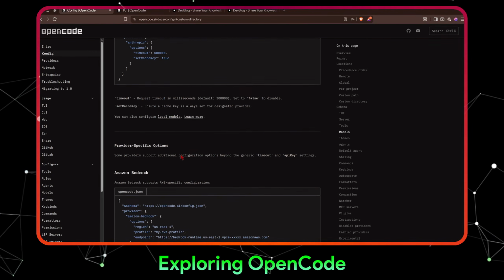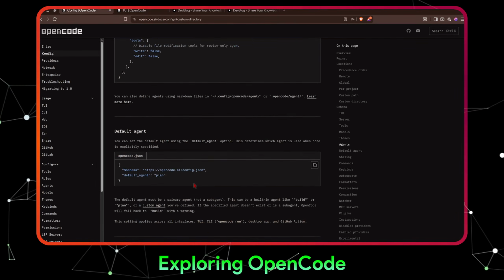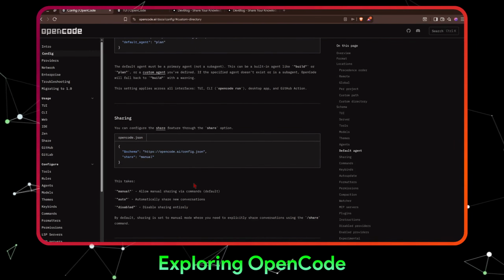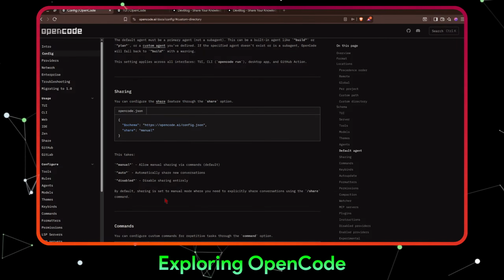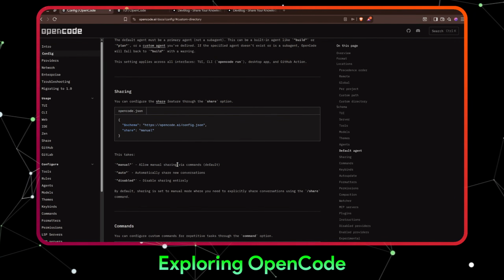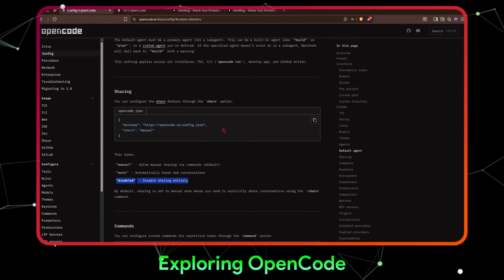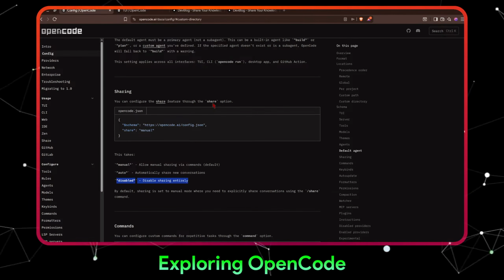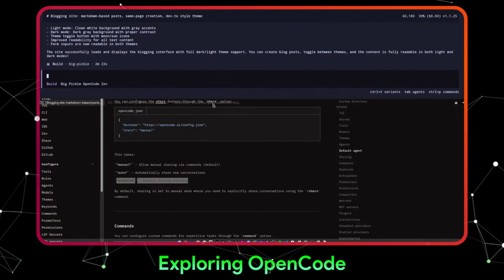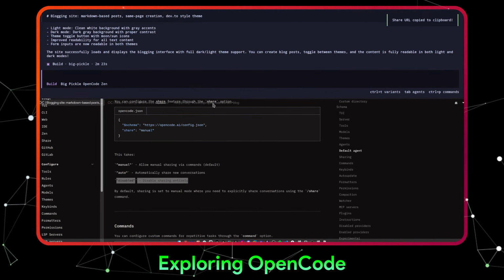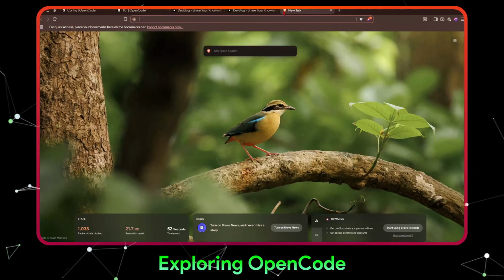Okay, then we can select the models. Amazon Bedrock. Okay, these are the agents. Okay, now you can even share this particular conversation to the world, right? So whatever conversation I am having, I can share it, right? Now, if I go to this site,